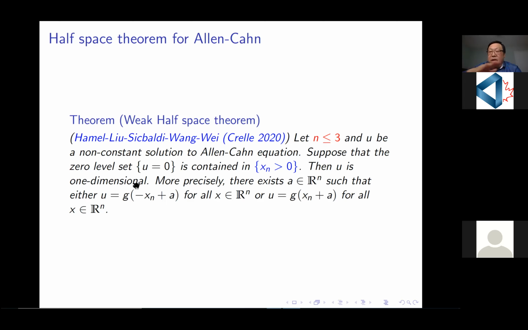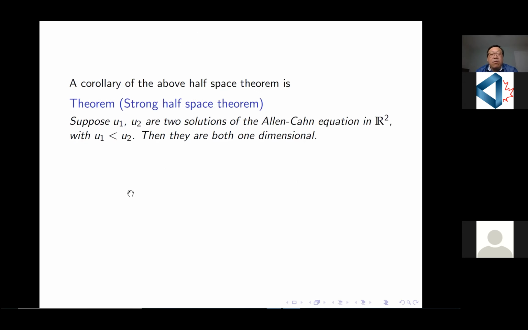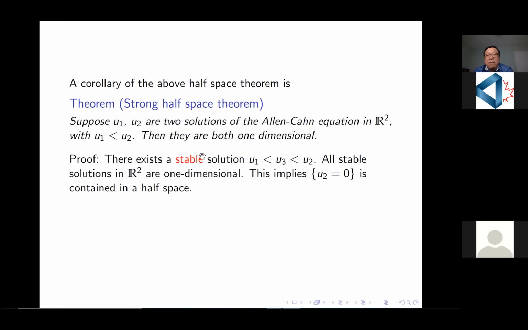So after some rotation and translation, u can be written like a one-dimensional function of one variable. So this is the weak half-space theorem, and we also have a strong half-space theorem, but the strong half-space theorem we can only prove in R2, not in higher dimension, not in R3. And the reason is, let me just give you a sketch of the proof, which is quite